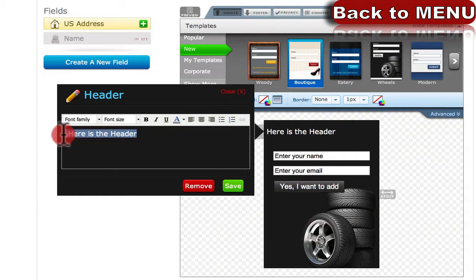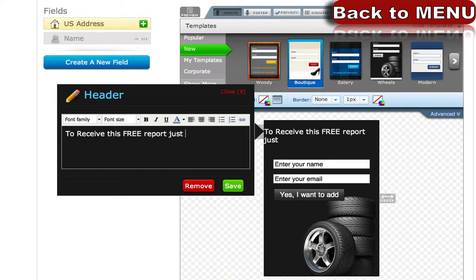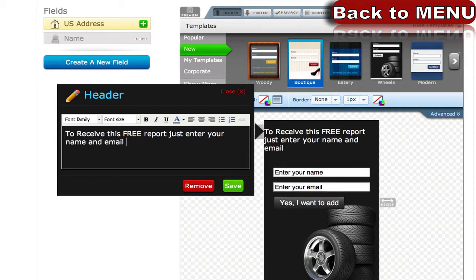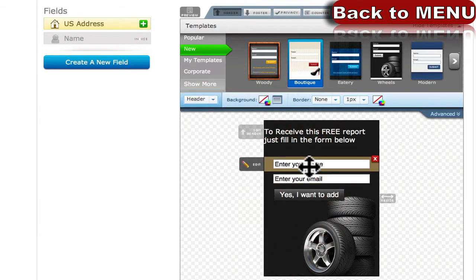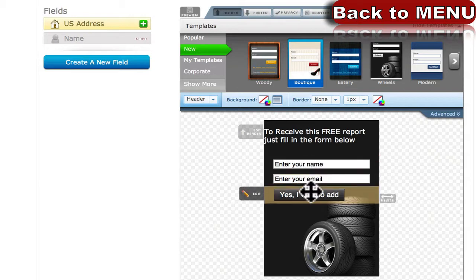So in this case I can load some images in here, at the top, and say to receive this free report, just enter your name and email, or just fill in the form below. Just because there is a place for them to enter name and email and click send,